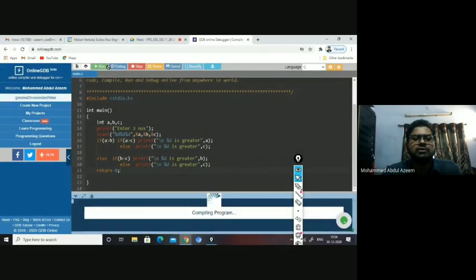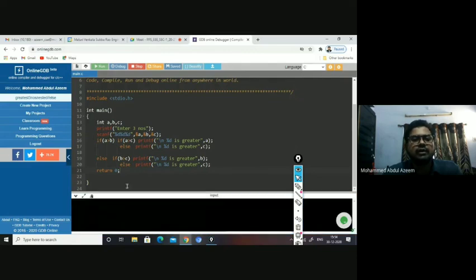Now you can run the program. So it is asking for three numbers. See here, I can give 23, 12 and 25. Okay. So 23, 12 and 25. Which one is greater? 25 is greater. Okay. So I hope all of you could see this and execute the program in your respective compilers.